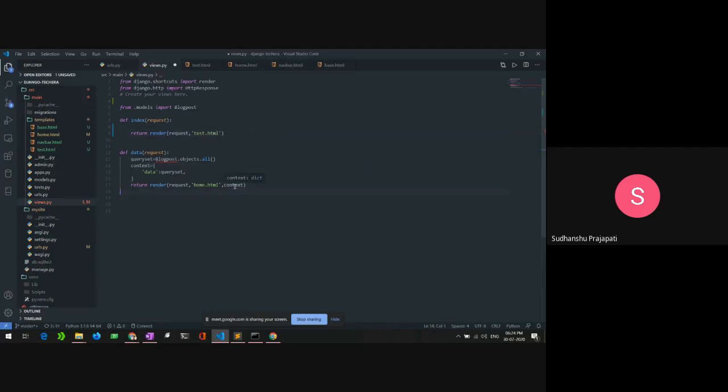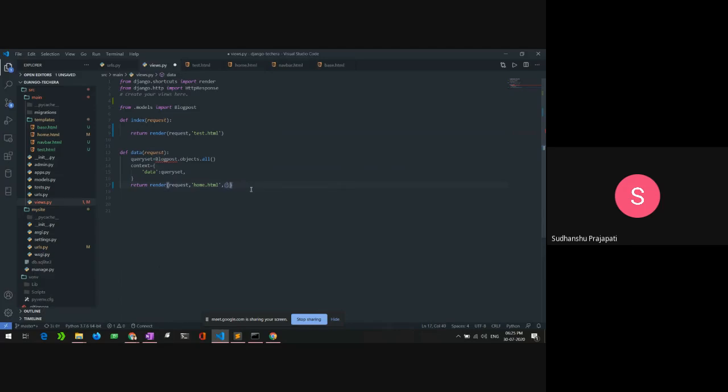You must remember that in your render function, you have to give it a dictionary. You cannot directly write, like you get a list from the object here, that is a queryset, and directly use the queryset where the context is written. You can't do this.